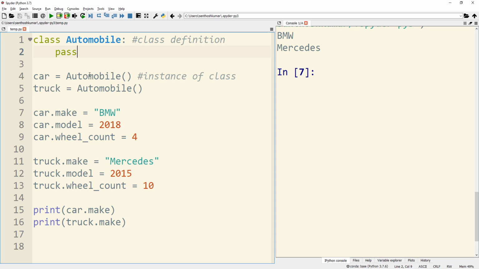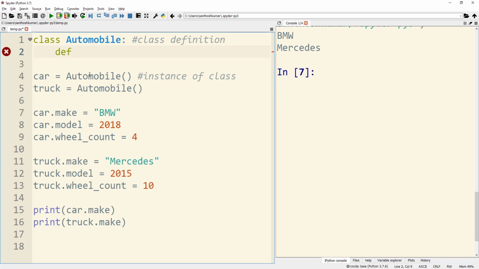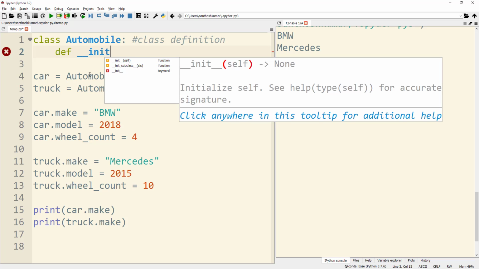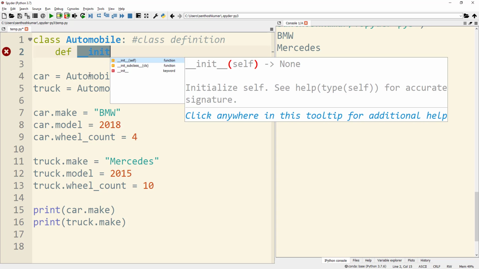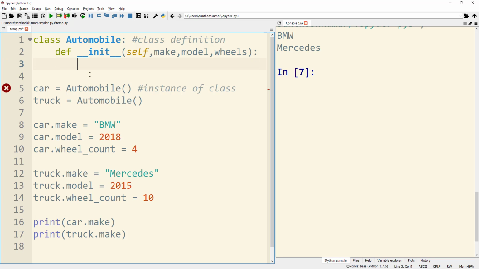Now I will remove the pass statement and define the constructor as part of the class. The syntax for defining a constructor is def followed by a space and then double underscore init and double underscore, and in the arguments, the first argument would be self, and then the arguments that are part of the automobile, which are make, model and wheels.